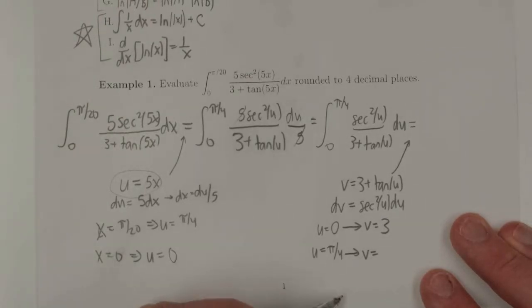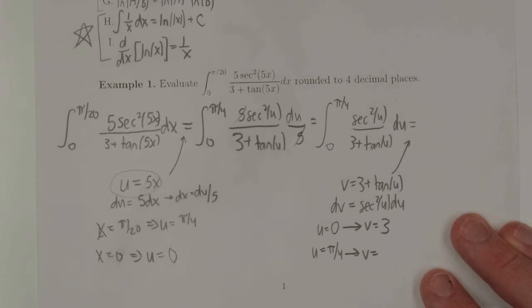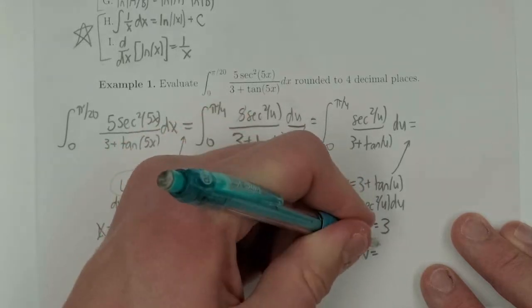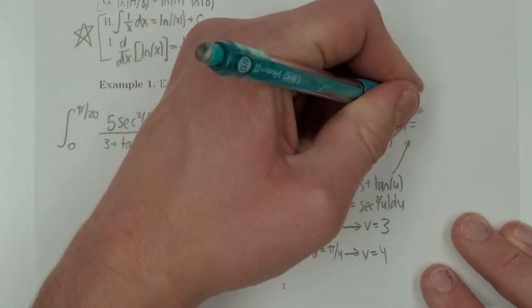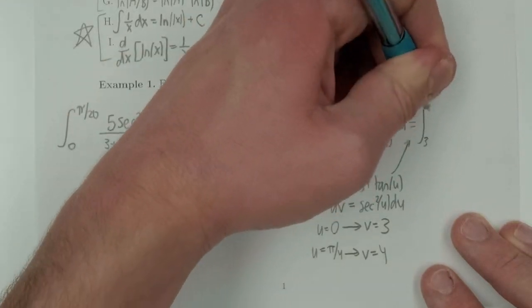And then if u equals pi over 4, then what would be tangent of pi over 4, if you recall from the unit circle? So what is tangent of pi over 4? It is 1, right? So add that to 3, and then you end up with v equals 4. Okay? So in this case, we then have that the lower bound becomes 3, the upper bound becomes 4,